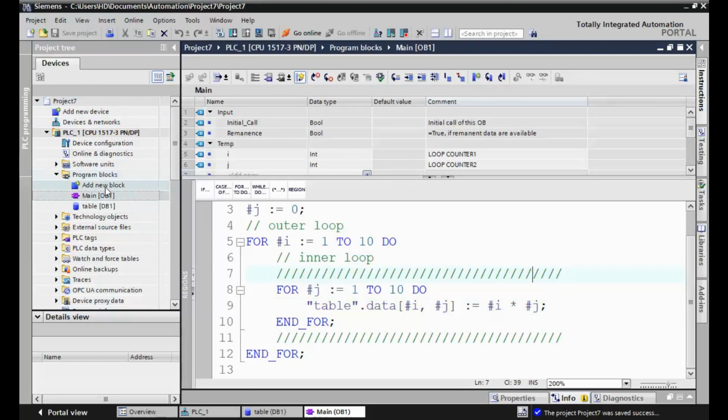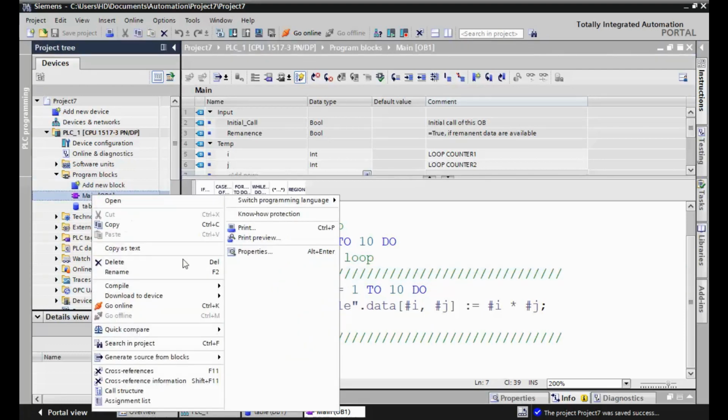It's time to save, compile, and download this program to PLCSIM.